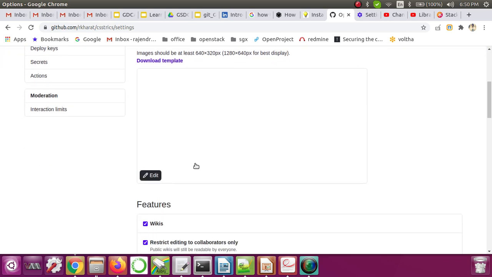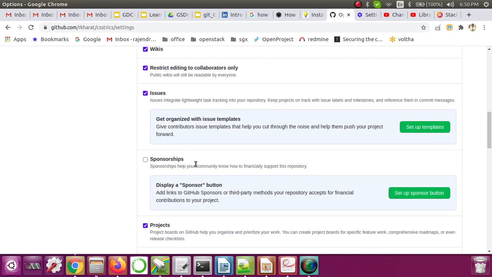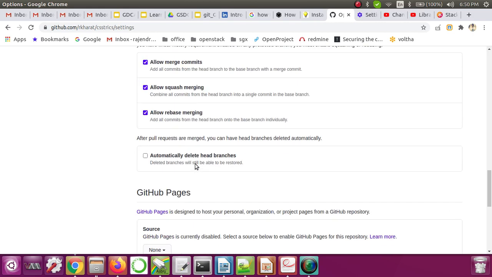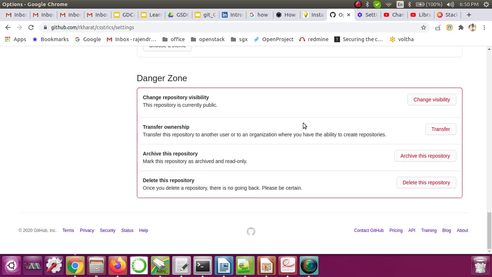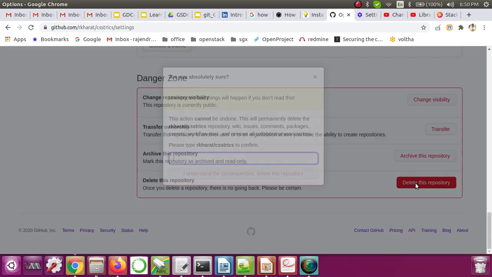Repository name, download template, features, everything is there. There should be a delete at the down. Change, delete this repository. Okay, so I can delete this.